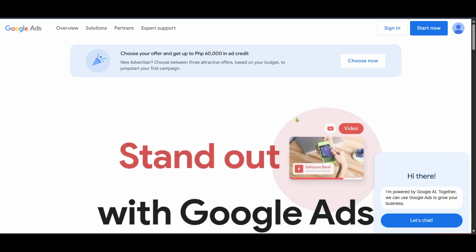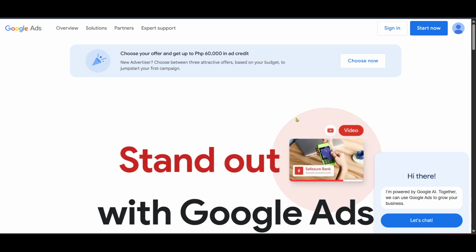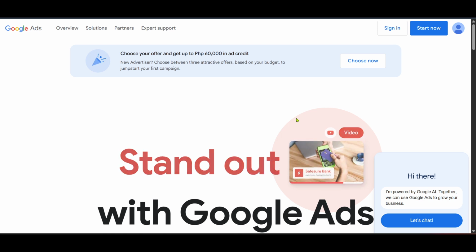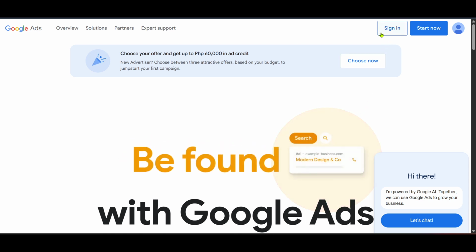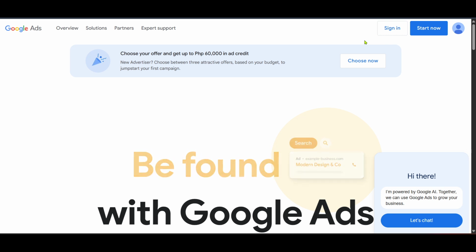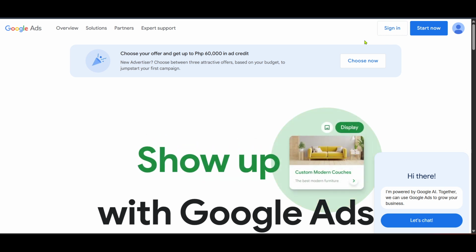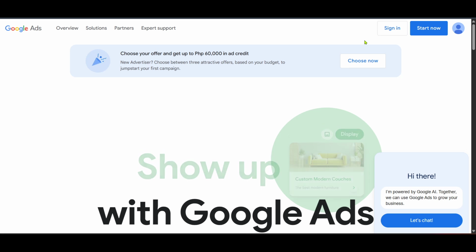online store. Once you're on the homepage, locate the sign in button at the top right corner. If you don't already have an account, there's an option to create one here. Signing in will take you to your Google Ads dashboard where you can manage all your advertising activities. It's good to familiarize yourself with this dashboard as this will be your central hub for creating and monitoring your